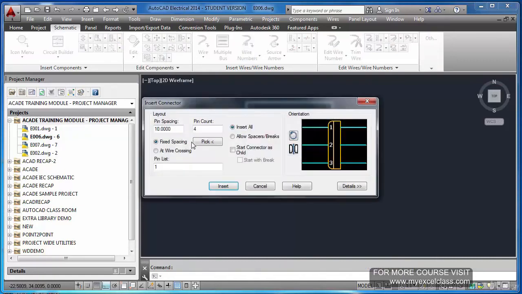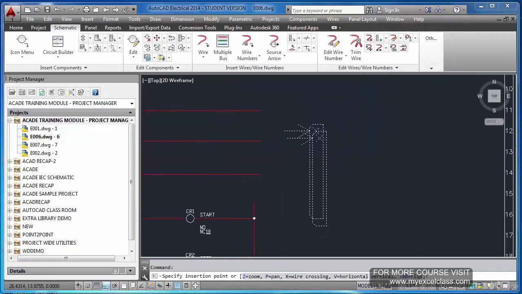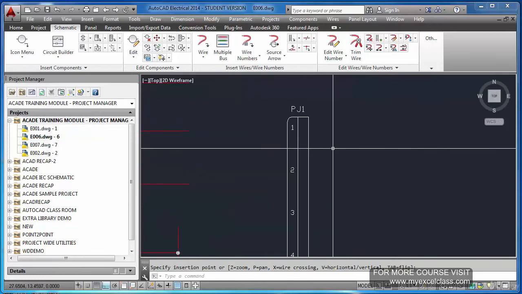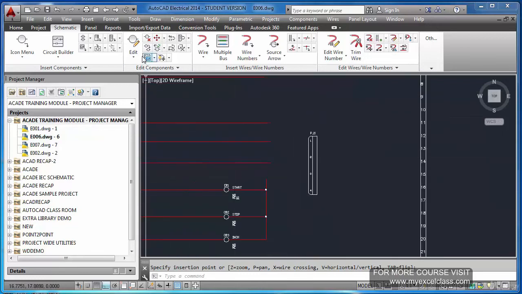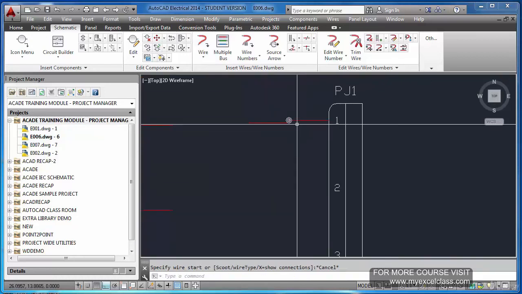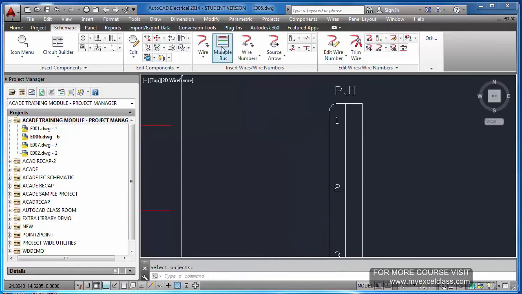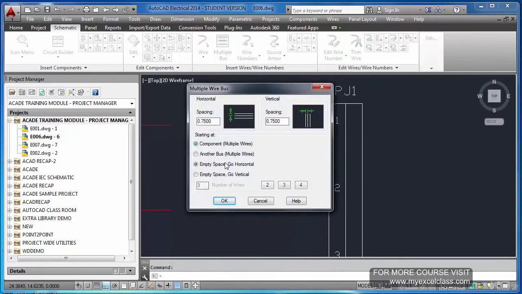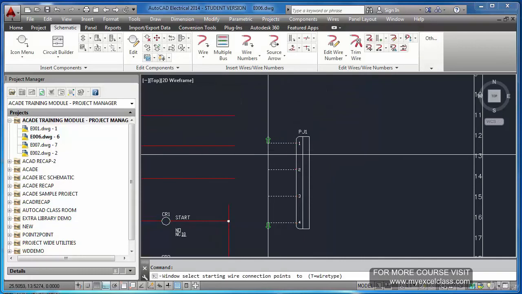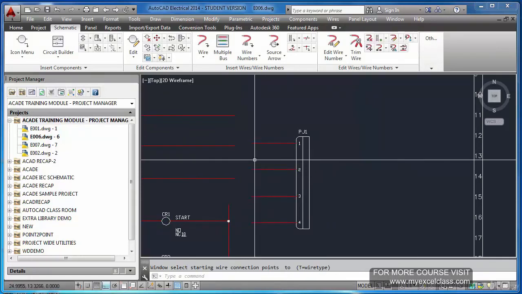Insert a connector, spacing 1, pin count 4. I'm going to insert this connector here. This is a connector where I can connect wires one by one, or I can use this component option. This way also I can connect.